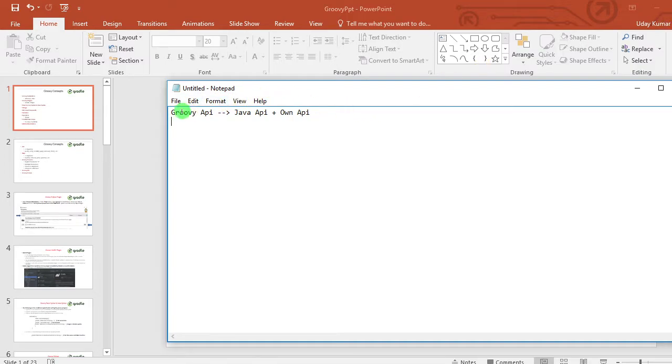So, to install Groovy, we need to have Java installed in our system. Groovy doesn't come along with Java. We need to install Java separately and Groovy separately.